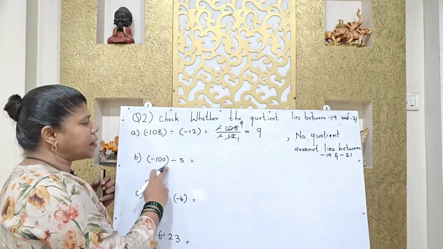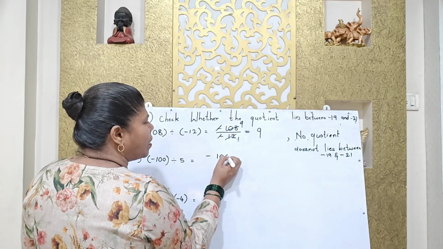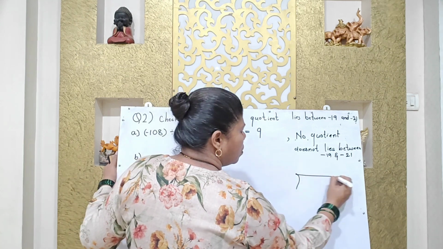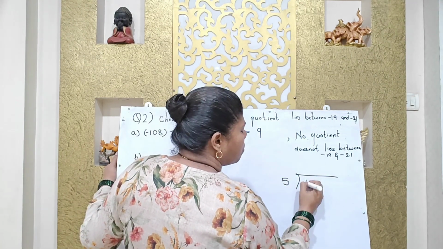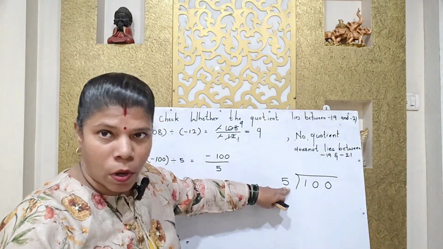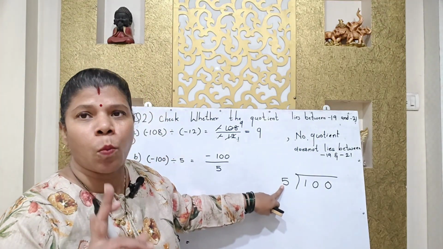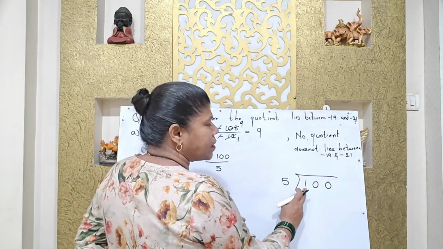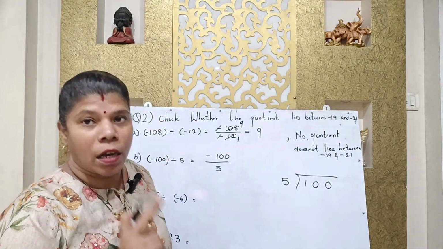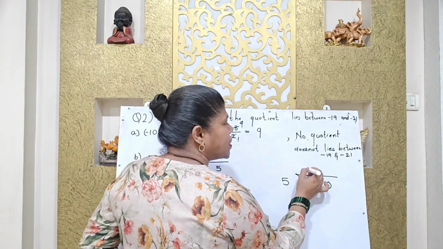Second, -100 divided by 5. So we know the first is a dividend. We write here -100 divided by 5. So you can perform the division here. जब डिवाइजर में एक नंबर है तो हम डिविडेंड में भी एक नंबर लेंगे. अगर डिवाइजर में 2 नंबर है, हम डिविडेंड में 2 नंबर लेंगे. ओके, सो डिविडेंड में कौन सा नंबर है? 1 नंबर. सो दिस नंबर जो डिविडेंड का नंबर है वो डिवाइजर के नंबर से छोटा है, इसलिए हम रखेंगे जीरो.